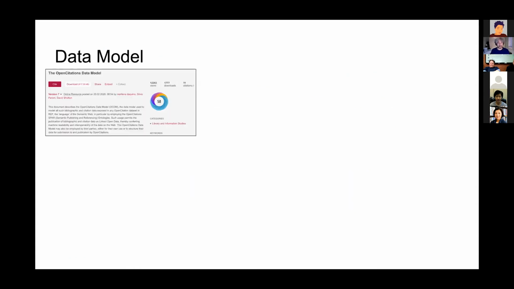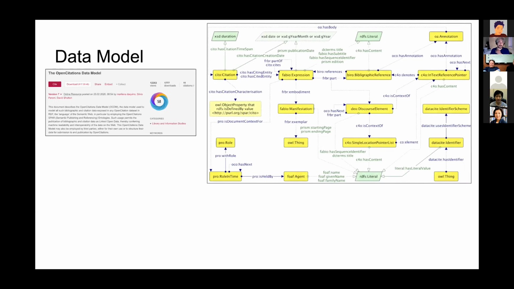Very few words about the data model. The data model is actually a document that provides a full description of all the data that we are able to host in our space. The document is available on Figshare, and this is just a very brief graph that summarizes the kind of entities we are handling within this data model. Citations in the top left part are, of course, the core one for what concerns what we provide,